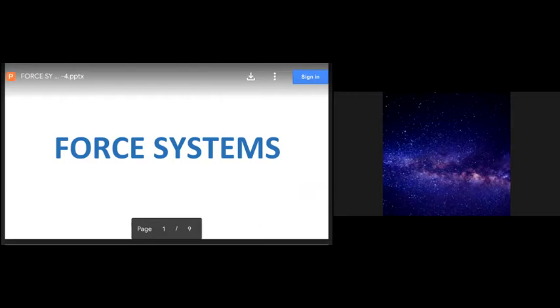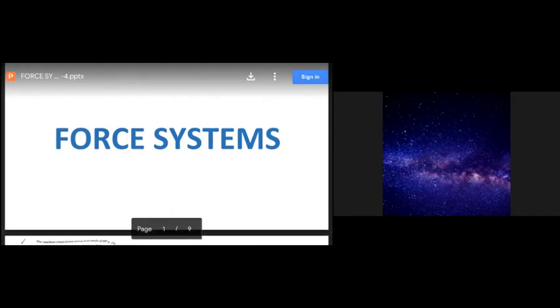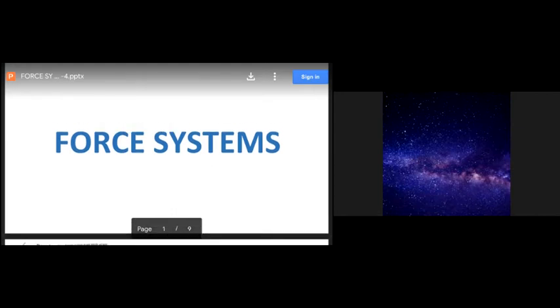Okay. In previous videos, the present topic is determination of resultant for two concurrent forces. When two concurrent forces act in different directions, you can find this resultant by two methods. One is graphically and the second one is analytically. And by the analytical method, there are also two methods. Those are the parallelogram law and the resolution method.